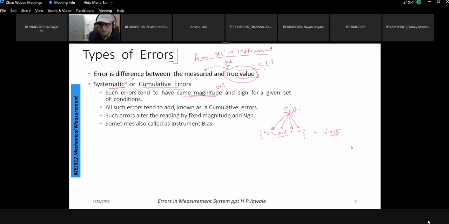So the peculiarity that we have seen in yesterday's discussion is the errors tend to add or subtract depending on the sign that is being used there. Right? Such errors alter the reading by a very fixed magnitude. Say, for example, we have applied some known value that we call a standard value, or a measured value is given as the input to the system,